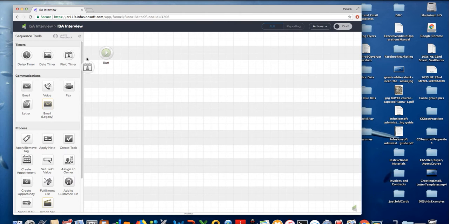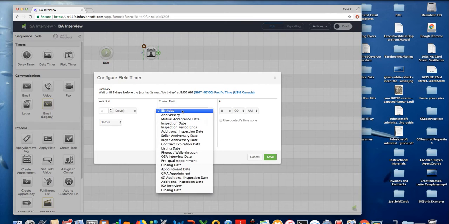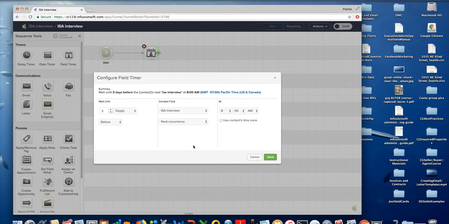Okay. So basically now I can put in a field timer. Okay, so that's that little calendar here. Drag it over to my sequence, double click it, and if I go to this contact field, I should be able to find ISA interview. Okay, because I set up that custom field, so I can go ISA interview, and I always go next occurrence there,